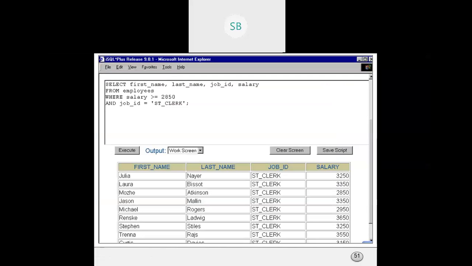And the AND operator is there. So lots of operators. I'll be giving you an assignment, and I'll also be sharing this slide with you, because I know you people won't be remembering these things. So you just need to solve. SELECT first name, last name, job ID, salary FROM employees WHERE salary greater than 2850 and job ID is clerk. So you are matching, right? So you are getting this result.